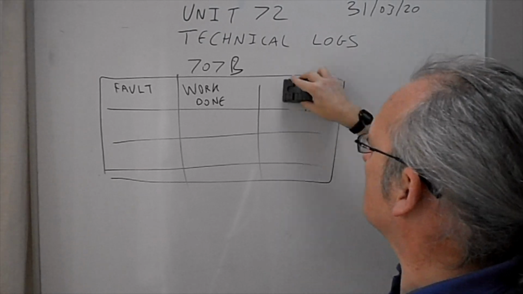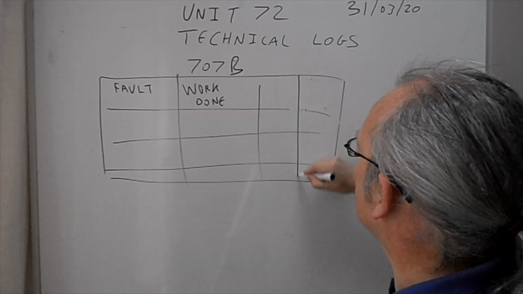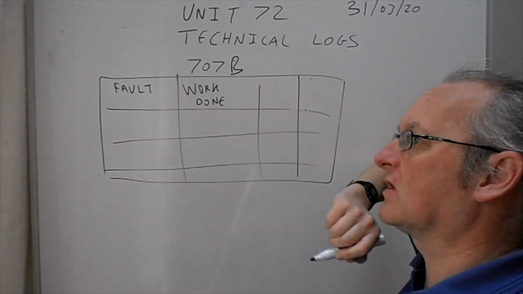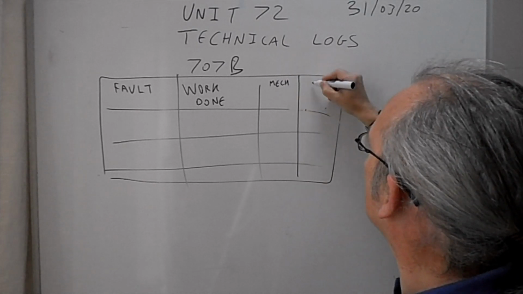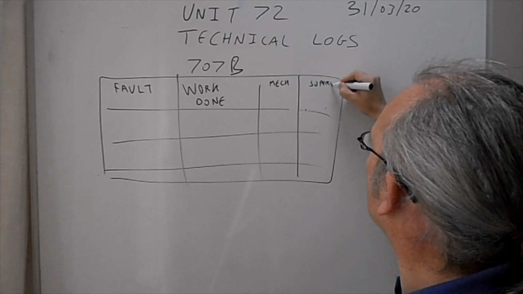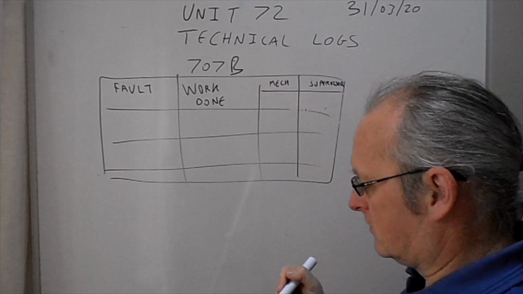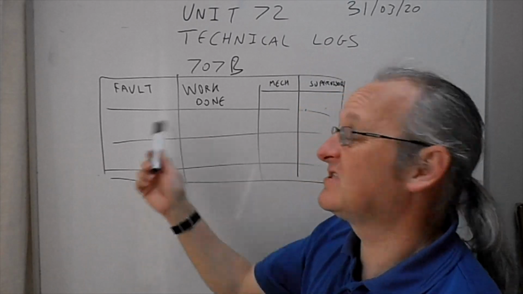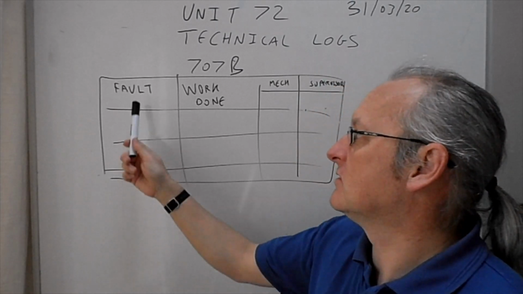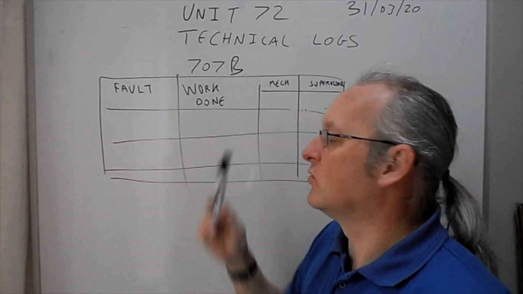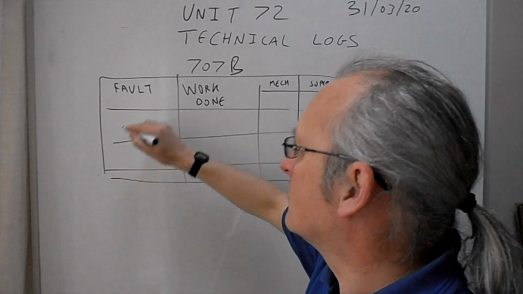The back sheet of that exists with this, and you'd have lots and lots of smaller boxes. I'm trying to think back to my days in the RAF. You'll have the same thing on the back, and this is the actual job card, the back of the job card, where you do most of the work on the 707B. So you'll put in what fault, work done, but this is now split up into individual tasks. So that fault, for example, might be